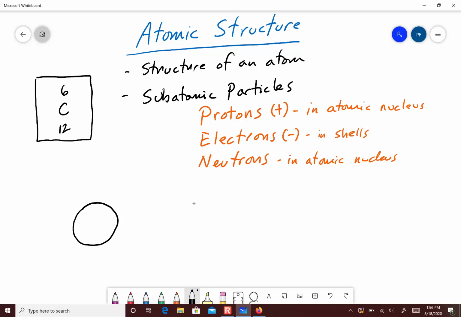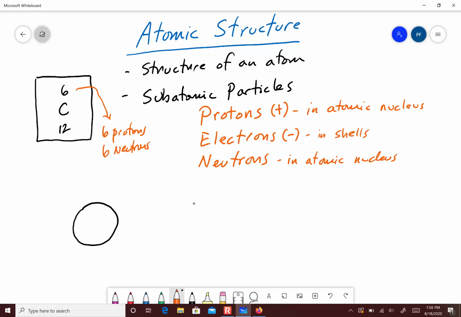We looked at what these numbers meant and all that. So we know from the periodic table that this carbon is going to have 6 protons. That's what the atomic number tells us. It's going to have 6 neutrons